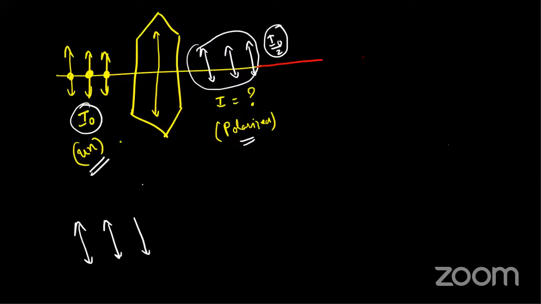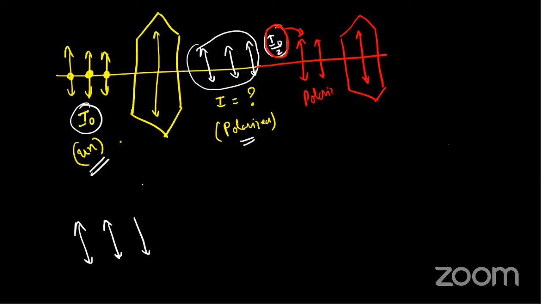So now I'm taking one more polarizer. Now I'm passing this same light, which I got, in the same direction. This has an intensity of I naught by 2. What will happen if I pass this light through this polaroid? This is a polarized wave. What will happen if I pass a polarized light wave through a polarizing axis in the same direction? If both of them are in the same direction, what will be the final output intensity?